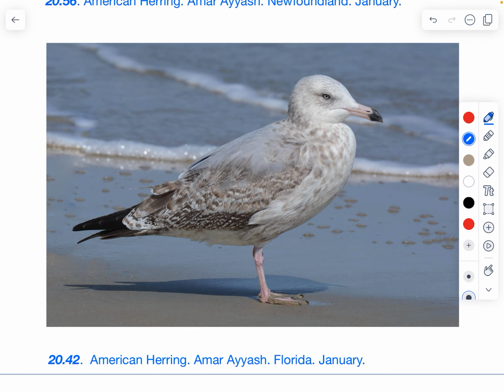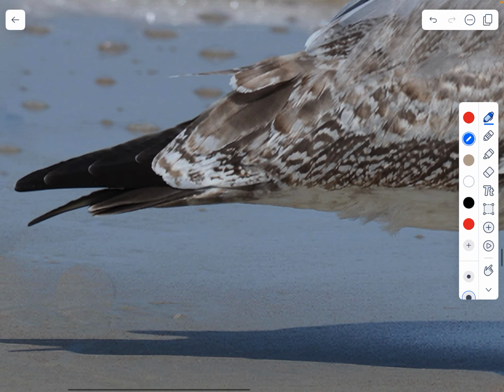The question here is: is it a second or third cycle? January, Florida, we focus on these primaries. We see no white apicals, and that doesn't seem to be due to wear. Sometimes on P8, P9, white apicals will be lost due to wear, but that doesn't seem to be the case here. We have these plain